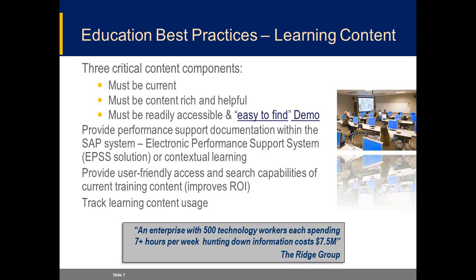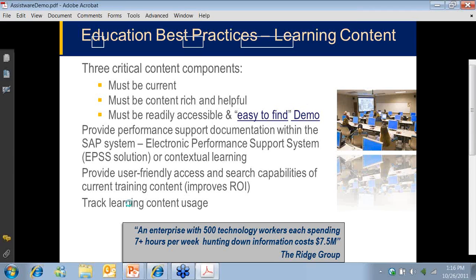So what you're thinking is, okay, I'm moving to a sustainment model, and I've got all this stuff out there. I first have to get it organized. I first must make sure it's updated, and we have standards and templates applied. But now I want to make it easy to get to, because I want to reduce the time it takes the average knowledge worker to get the information. I've already got the content. I don't want to reinvest in an EPSS solution and recreate my content. So if I look at this, this is a product,